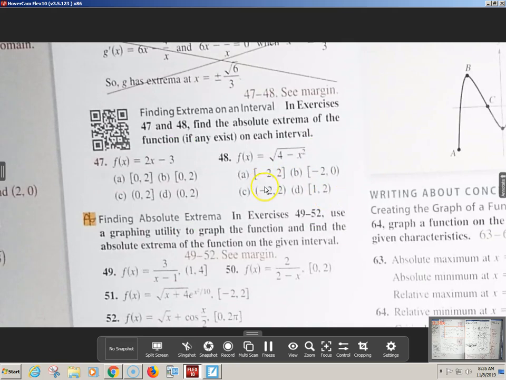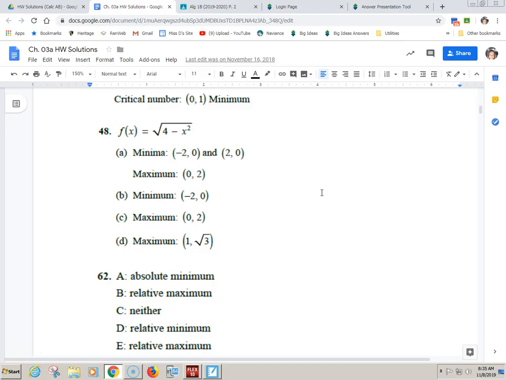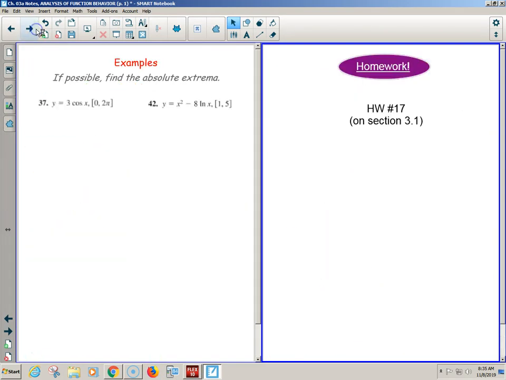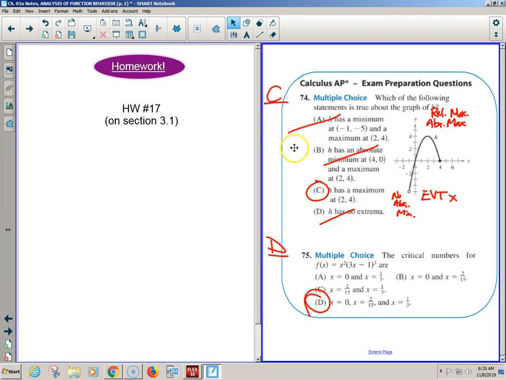How on earth did they expect you to do 1, 2, 3, 4 different absolute extrema tests? And they didn't even show any work. They didn't even find a derivative. Are we supposed to know what this guy looks like? Because look, these answers kind of look like they were looking at a graph and doing it kind of like, hey, how much work did you guys show on the first multiple choice today? Not much. Why? Because you were looking at a graph. It was easier, right?